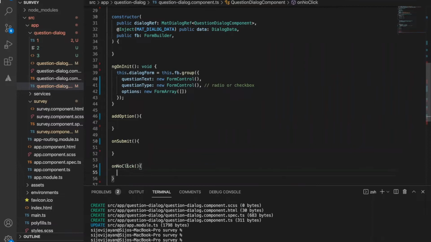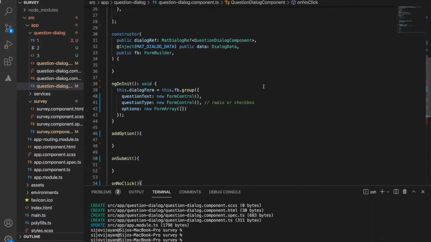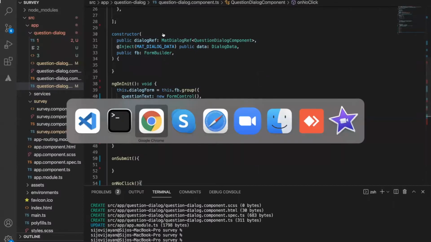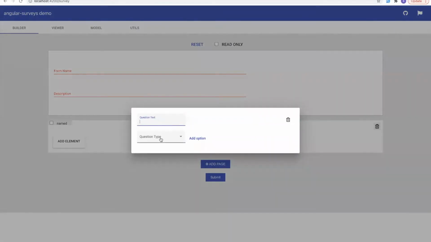On the click of this, while triggering this function, the dialog box will be closed. So it's running fine. Now let's see the output. On the click, it will show in these options. Here we have radio and checkbox. Here also we should be able to type. So let's format it later.